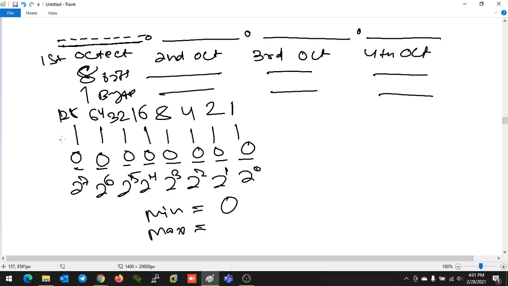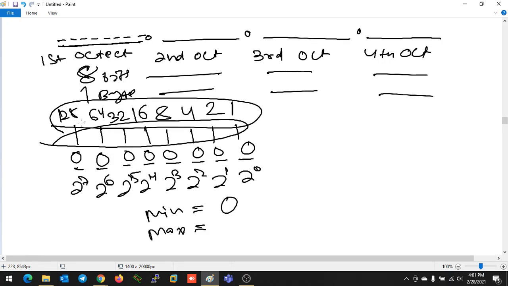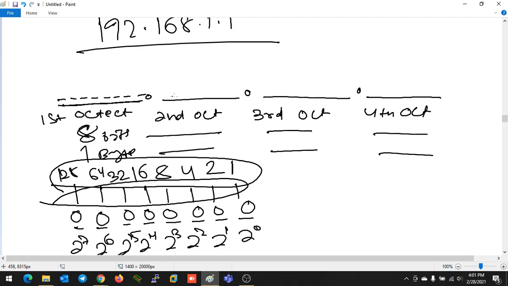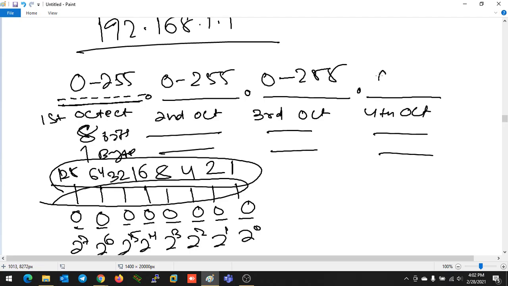As all the bits are on, I have to add all the values. After the addition, the value will be 255. That's why every octet can range from 0 to 255. The minimum value is 0 and the maximum value is 255.